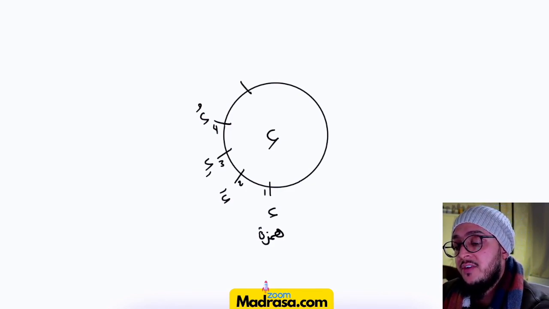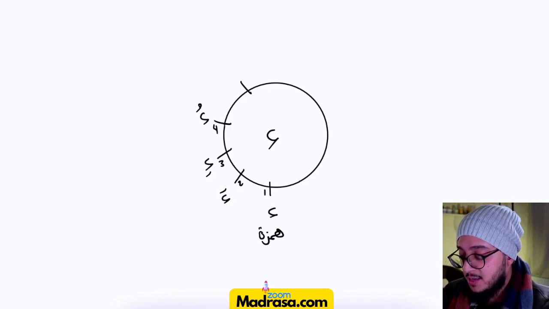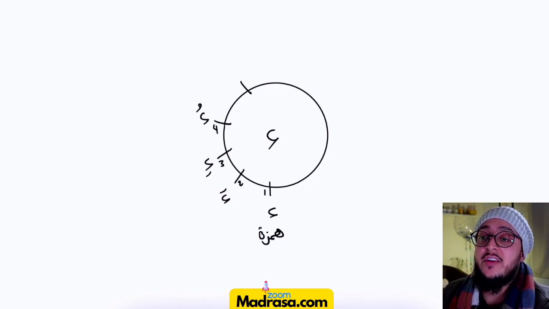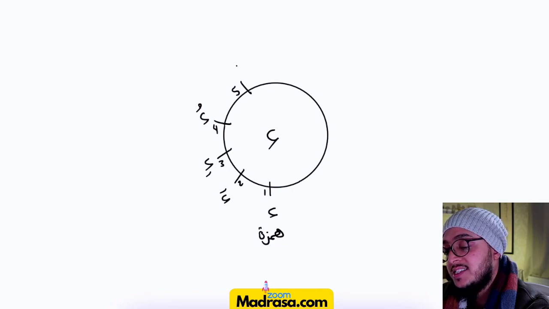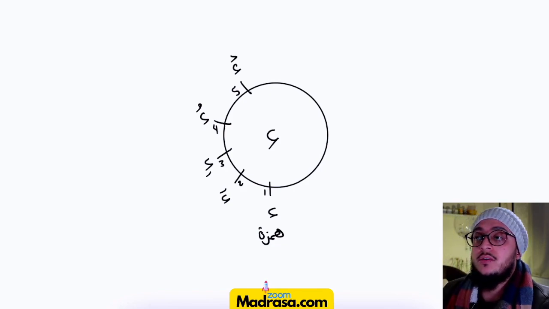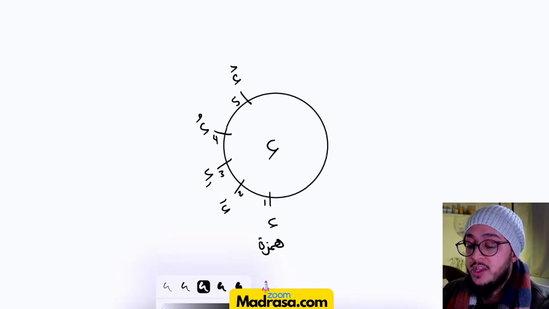Rule number 5. Now, by the way, this rule applies to all the letters, but I'm just taking Hamza as an example because you guys chose Hamza as the favorite letter in the world. Rule number 5 says when Hamza is silent, we pronounce it as a silent Hamza. But how do we do that? Well, you bring in